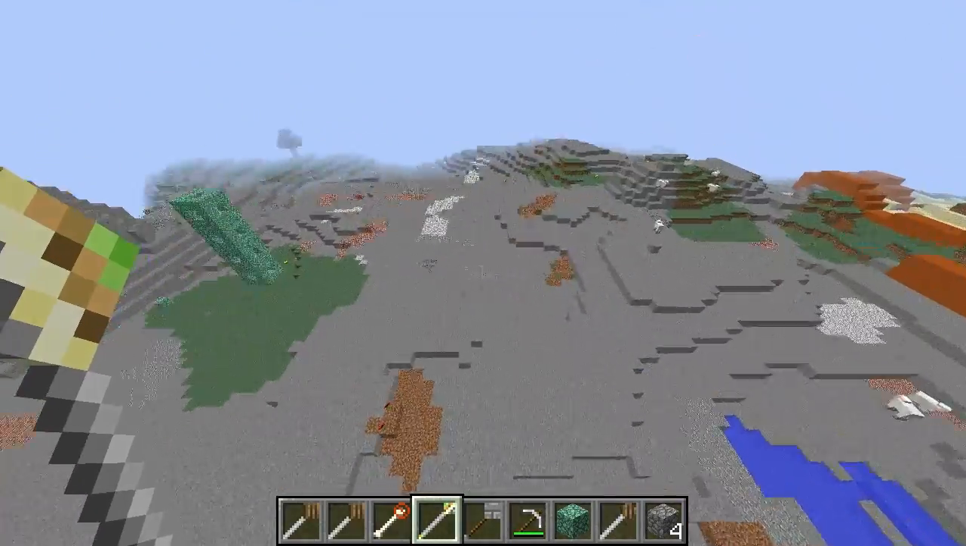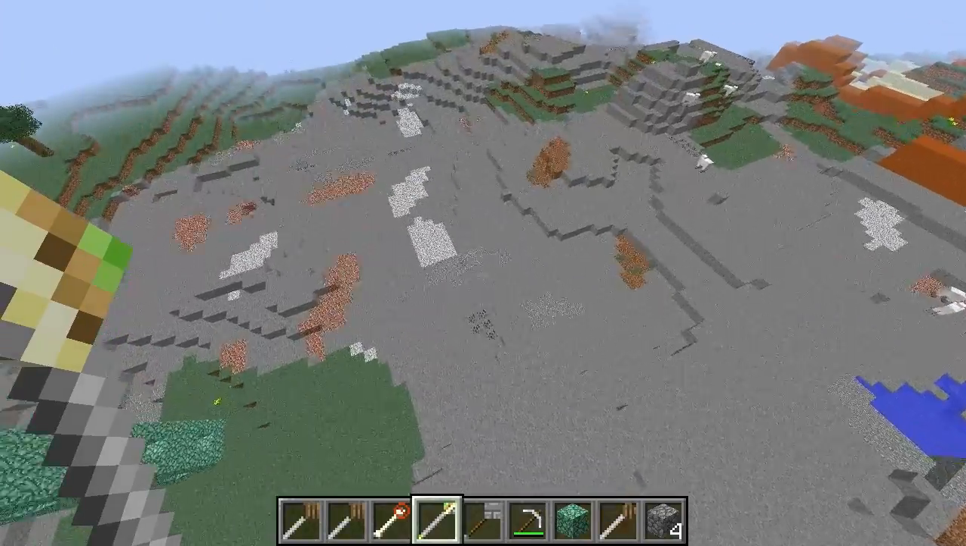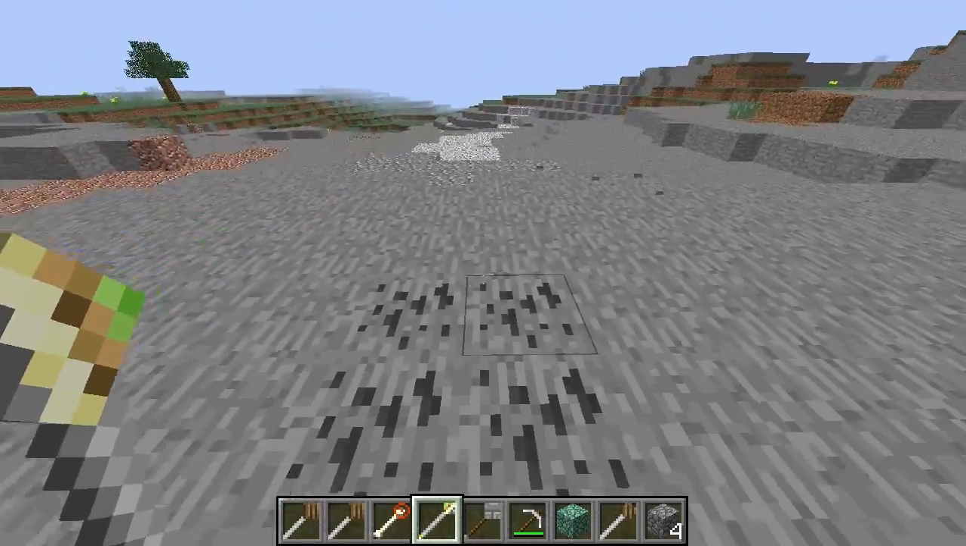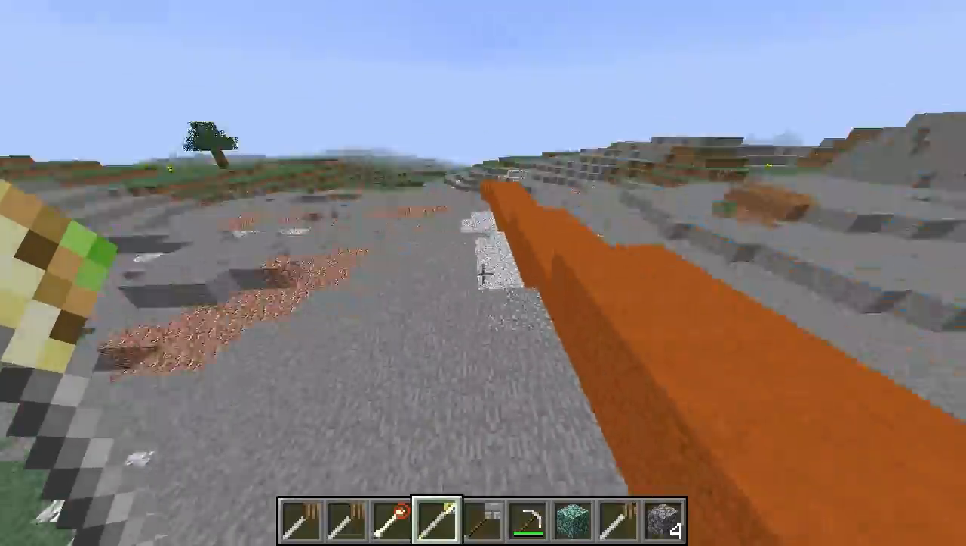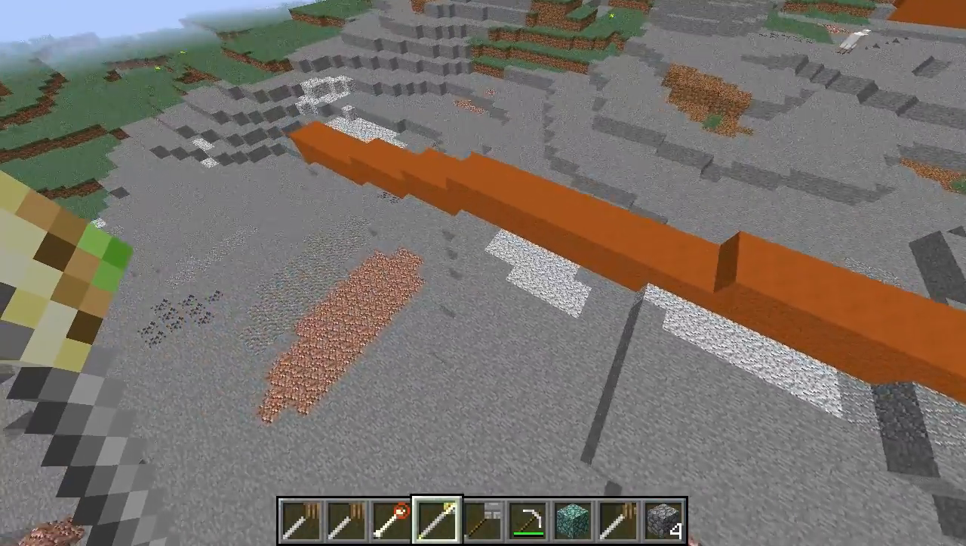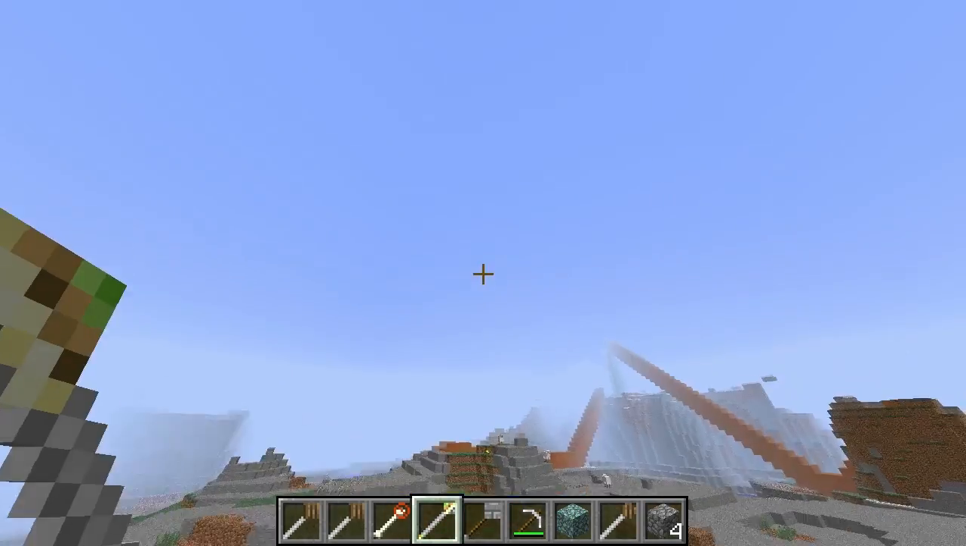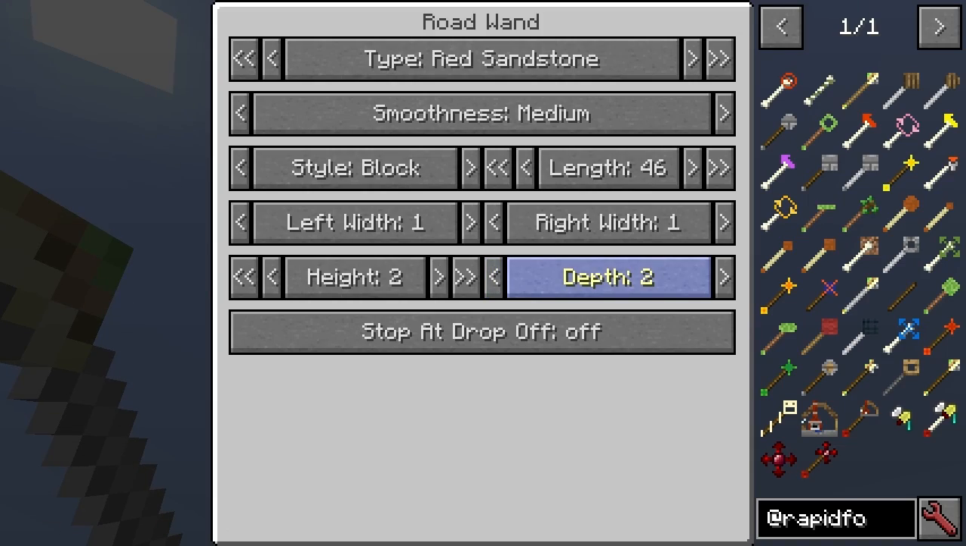So if you had like a, yeah, but you see, obviously, if you do it on a flat plane like this, it will just go completely straight. And I mean, that looks pretty good as well. So I'm just thinking, like, yeah,